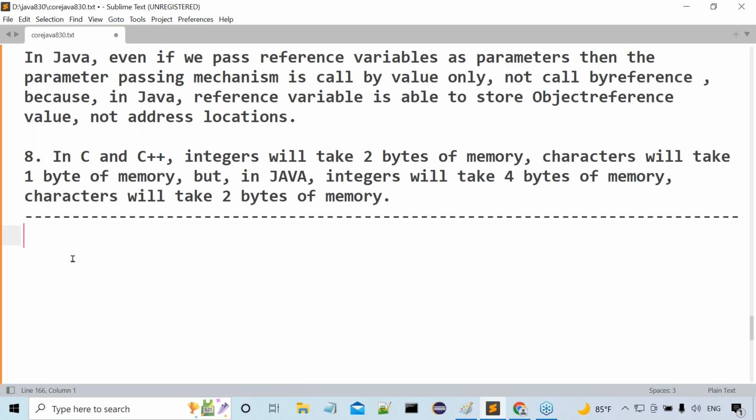Am I right or not? All right, sir. Now this is exactly the point we have to understand clearly. Okay, fine. Next one is,